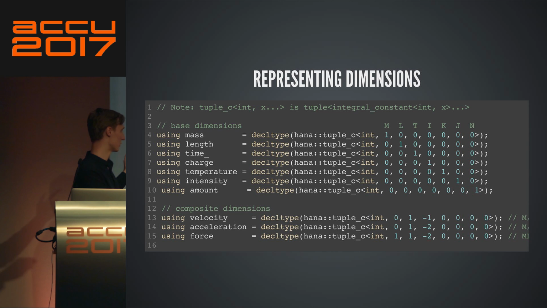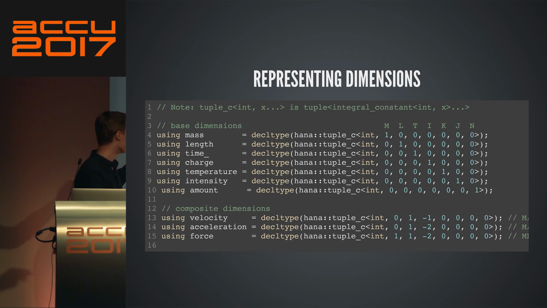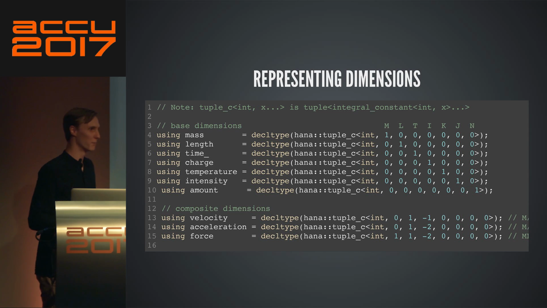And then I can create composite dimensions. I'm kind of overflowing a little bit here, but velocity, for example, is time over, what is it? Distance, yeah, that's right. It's easy to look stupid on the stage. I mean, I know what velocity is, right?